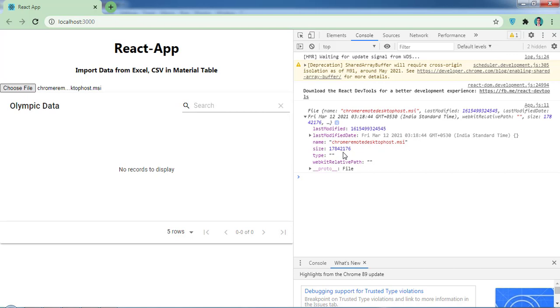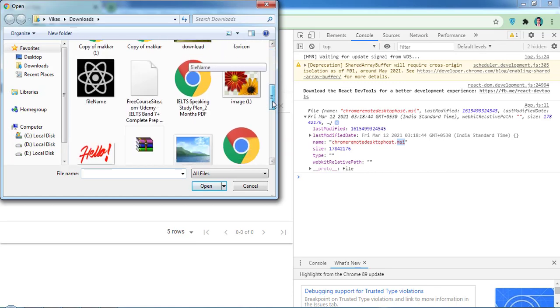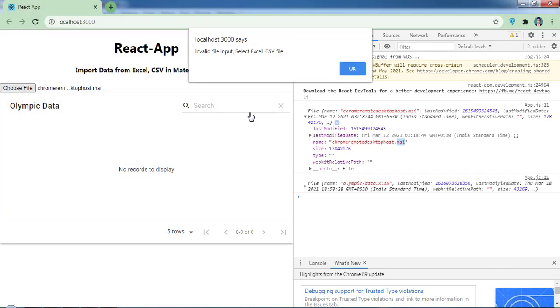Basically we will look for this thing. Inside the file we will get the name and check for the extension. So if I select Excel as well, I will get this same error, because we are not doing anything inside the function, so it is always going to be false.